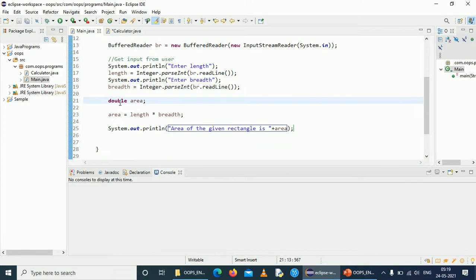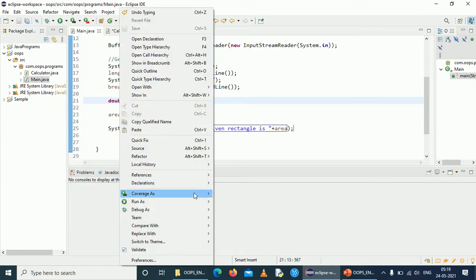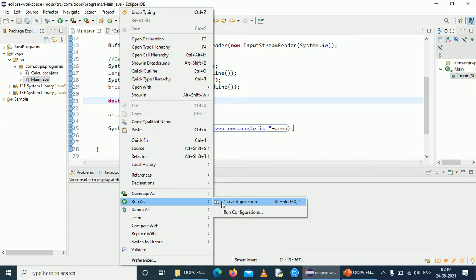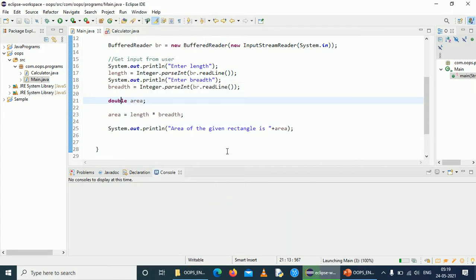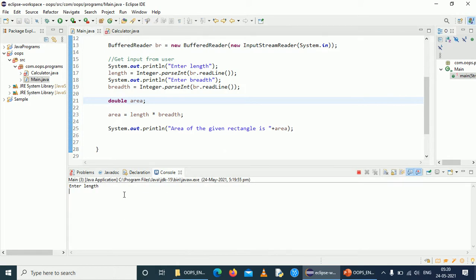This is the concept actually, and we have not yet touched the method part. First we will run the code and then come back to creating a method. It is prompting the user to enter length and breadth. Finally, the area of the given rectangle is printed. As of now the concept is correct.